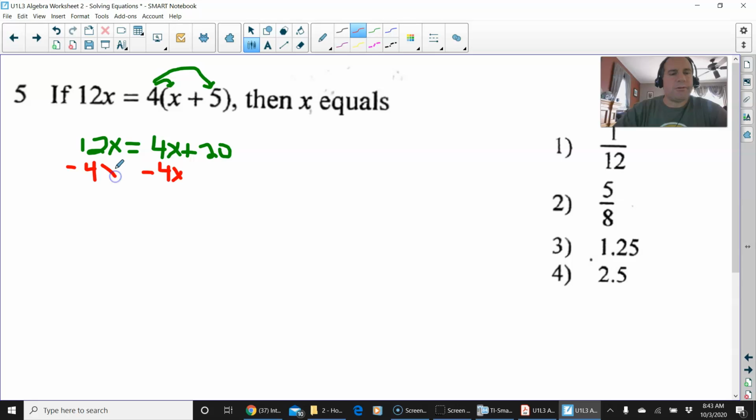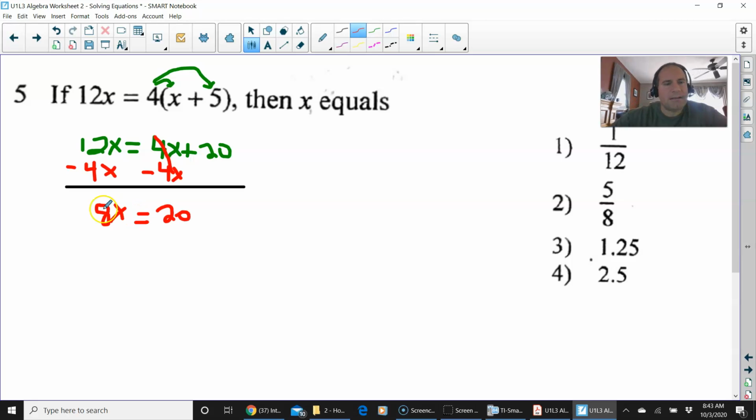Bringing the smaller over to the larger will help you work in the positive, which is what we want to do if we can do it, and we can here. So 12x minus 4x is 8x, and you bring the equal sign down, you bring the 20 down, you divide by 8 on both sides,